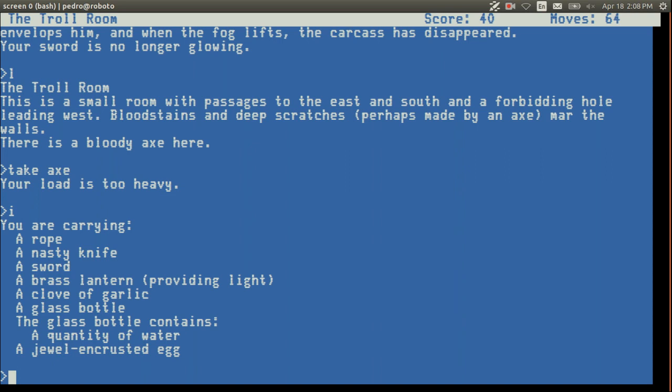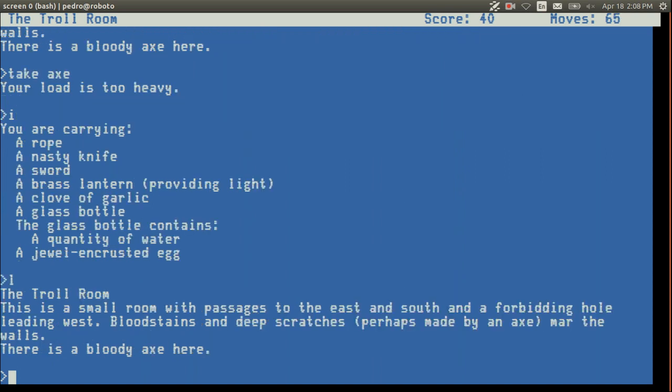Maybe we should just explore more of the basement. Zach says let's explore more. I think exploring more is a good idea because the axe isn't going anywhere right now. So what should we do? Examine. So we came from the south, right? We came from the south. There's a hole to the west and east. West to the hole?